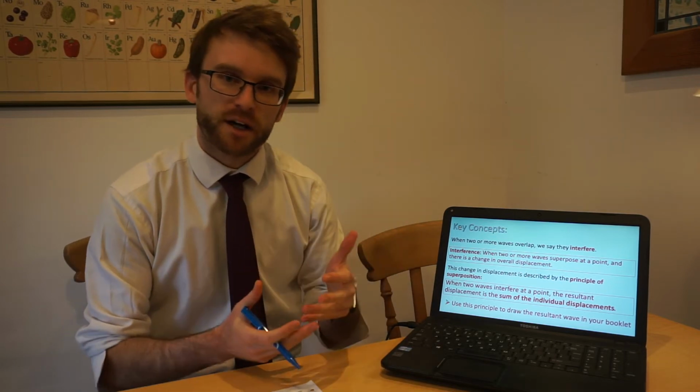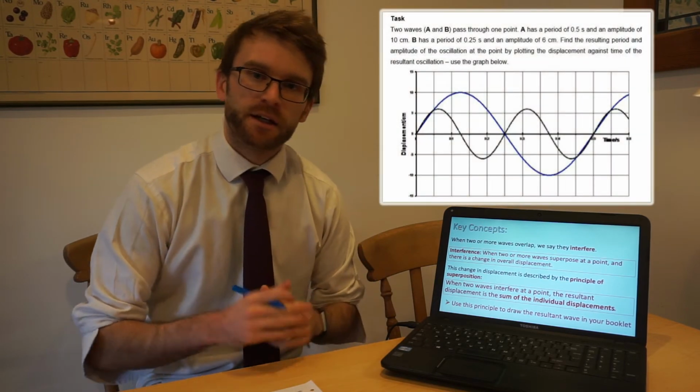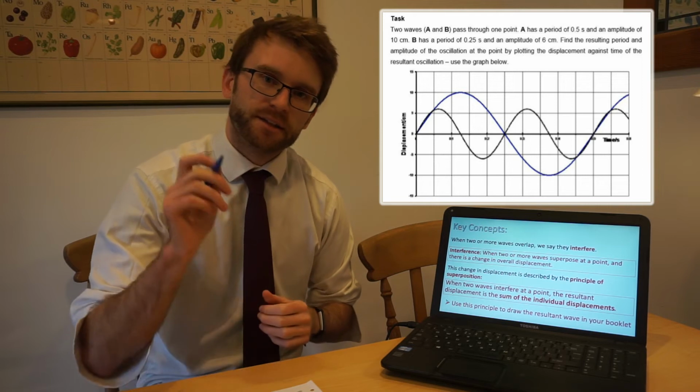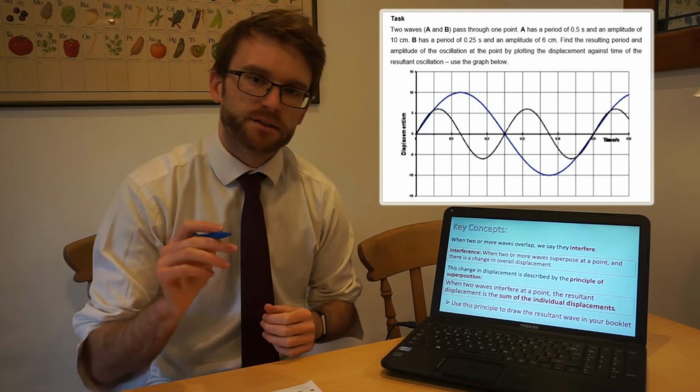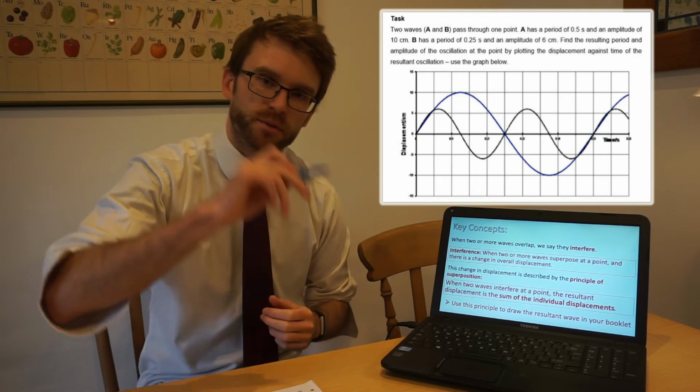So we can get areas where the wave displacements add up, we can get areas where the wave displacements subtract. So try it for that example in your book. If you've just copied it in, get a blank piece of paper out and see if you can point by point sketch that wave by adding up the individual displacements, join them with a smooth curve.